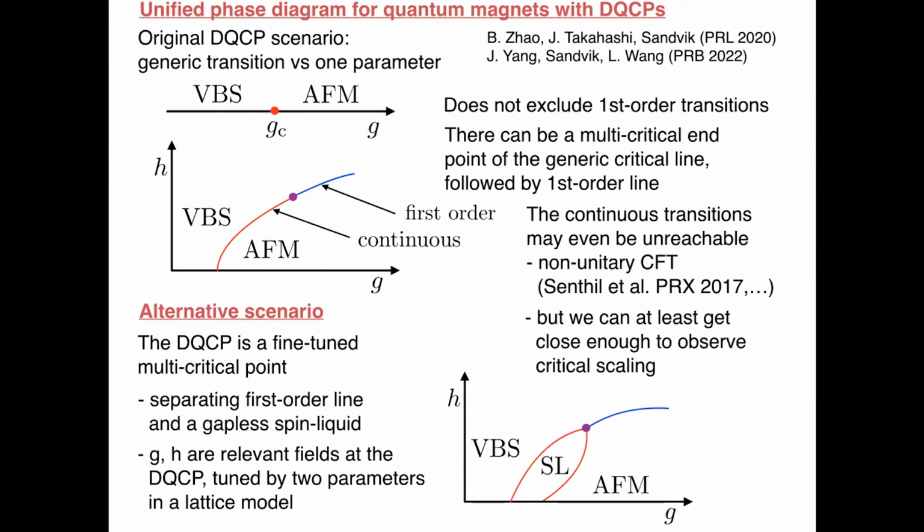And this is also what this PRB paper by Yi Zhang Xu and their student Lu proposed. Well, what they commented after we showed them this result, they revisited their theory and said, yeah, that line can actually become unstable to a spin liquid formation. So this is the multi-critical scenario that we propose. We are still investigating it, so maybe it's a little bit speculative, but I think it's at least worth examining. So maybe I don't have time to say anything about the experiments, but let me just say that now there is actually